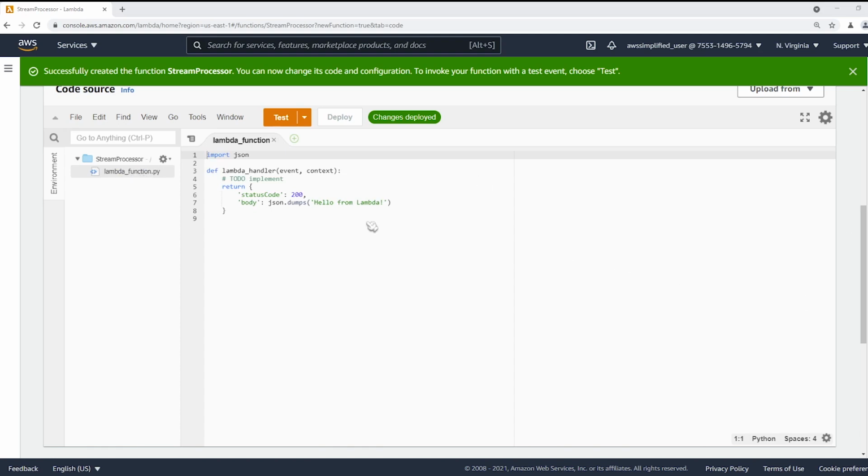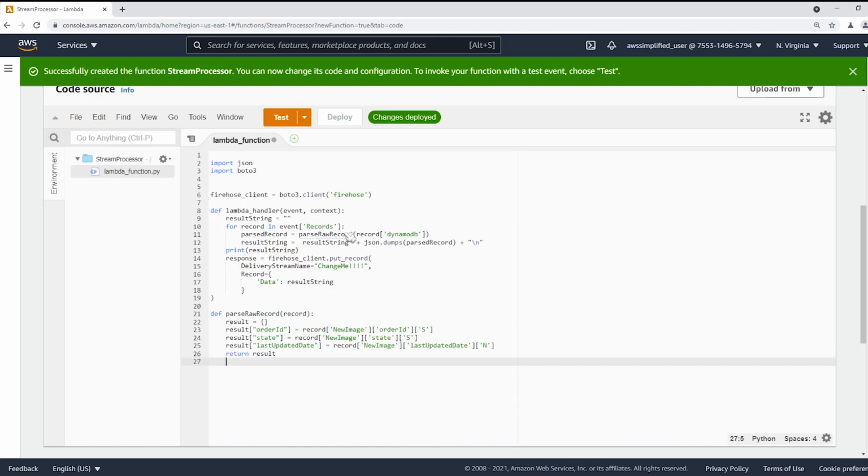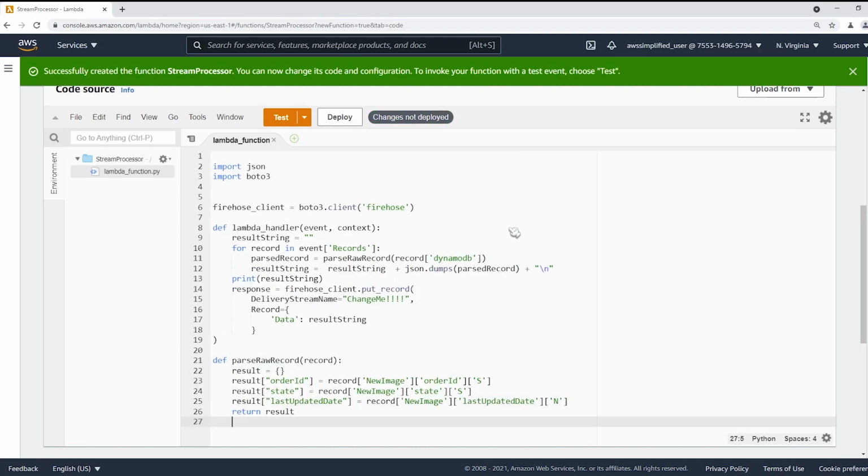Then I've prepared some code for you, which I'm just going to drop in here and explain to you really quick exactly what's happening. So this is our Python code that's going to be responsible for taking these update events from the DynamoDB stream, which we're going to connect to our table, and then parse them out and put them to our Firehose stream, which is eventually going to put it to S3. So let me walk you through what's going on here line by line.